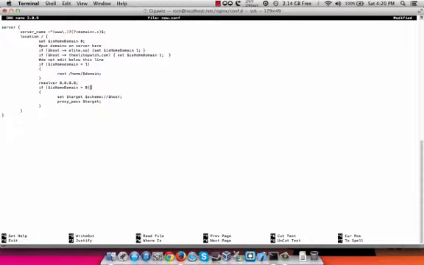Then we check one last time if this site belongs on this server. If we determine that it does not belong on this server, then we set our variable called target to the same as the incoming domain, and then we proxy pass out to that domain.